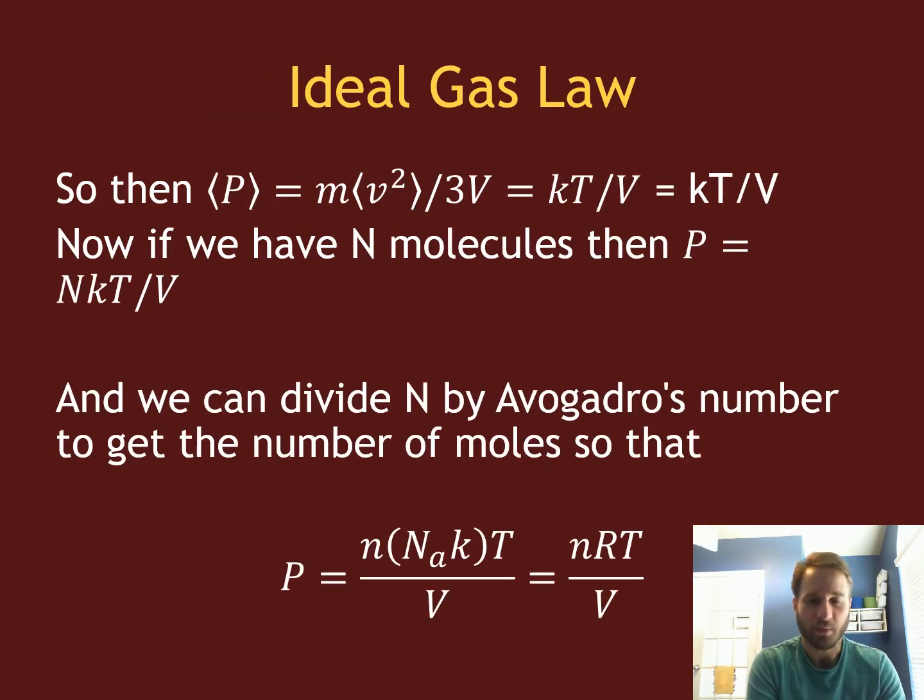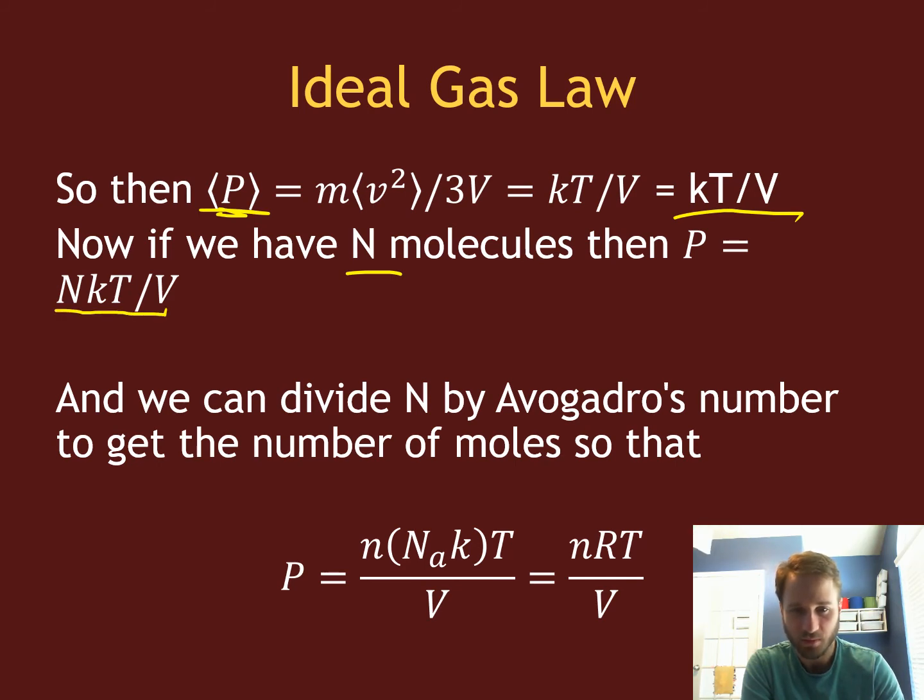So we plug that in and we now get that the average pressure of one molecule is equal to kT divided by the volume. If we have a total of N molecules that are all identical in terms of their mass, then the total pressure in that box is related to the total number of molecules times kT divided by volume. And if we just divide both sides by Avogadro's number,